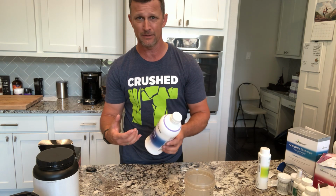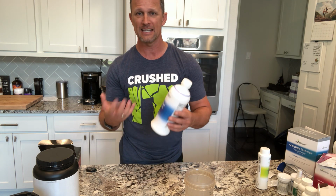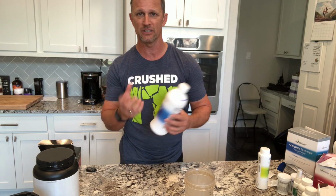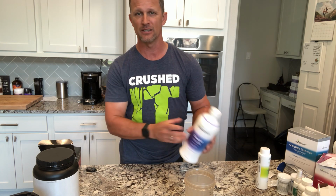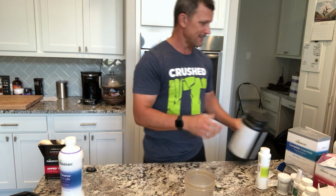It's really calming on your digestive system. But what it also does is those minerals, those trace minerals, support your liver enzymes to help your body create that conversion of these fat-soluble toxins into a water-soluble form so you can eliminate them from your body. So that's kind of a day